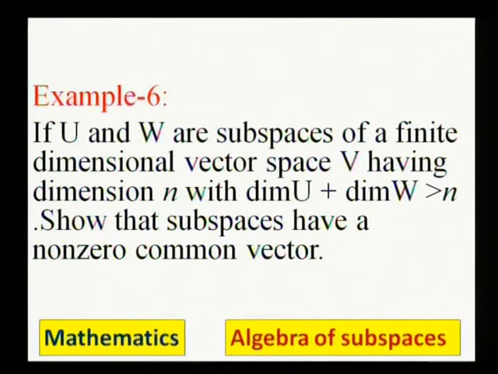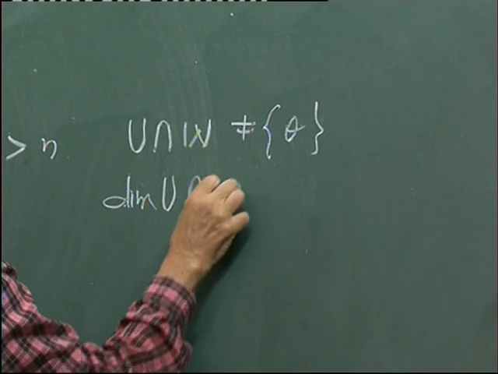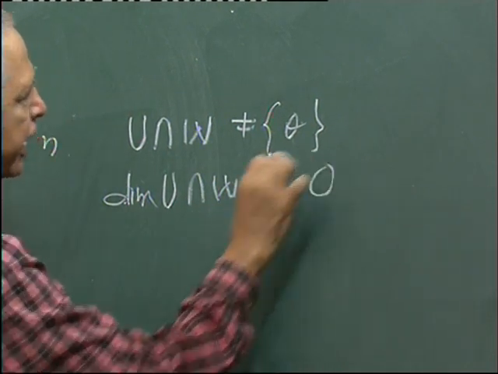What we want to prove is that U and W must have a common vector. That means the intersection must be different from 0,